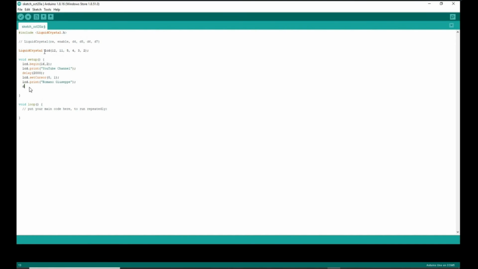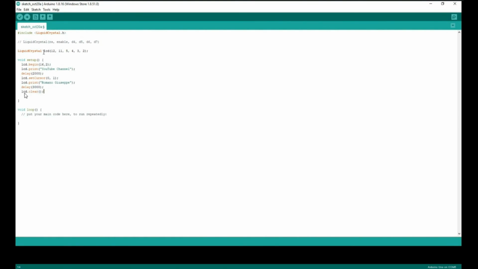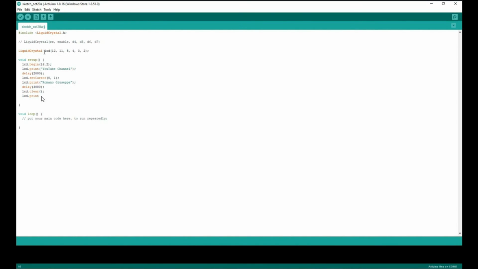Then add a new message, so to ensure that the writings do not follow one another too quickly, we set a 3-second delay, erase the display, LCD clear, which goes to position the cursor again on the first character of the first line, therefore the character 00.